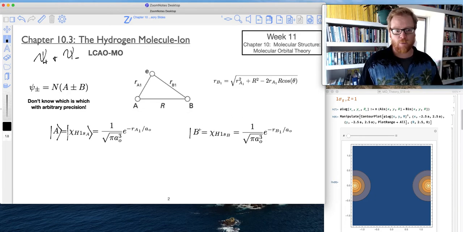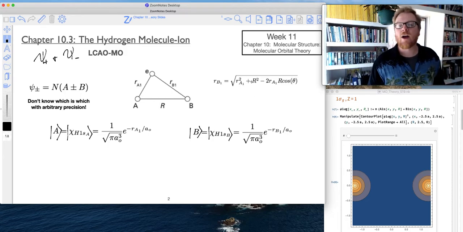We know that we can come up with a B wave function, and with the same nomenclature, we'll call that chi H1SB. And then, of course, it's going to be the same wave function. But now keep in mind, where these are different is in the radii. Okay? And, of course, using our polar